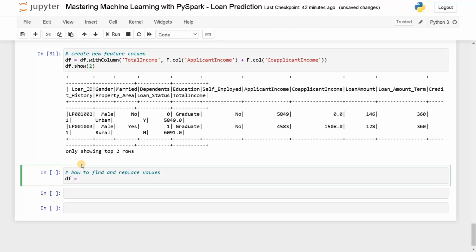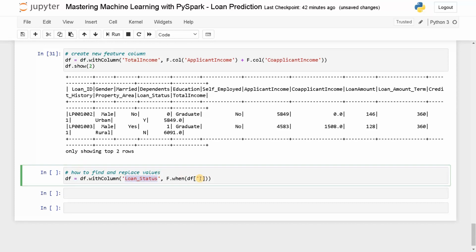So df equals df.withColumn. Here you have to specify the column you want to change. That will be loan status, and here F.when df of